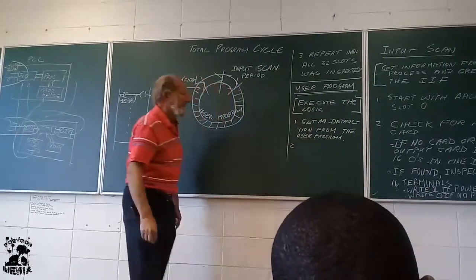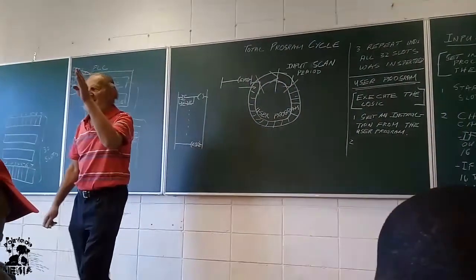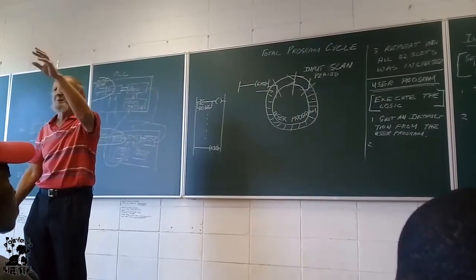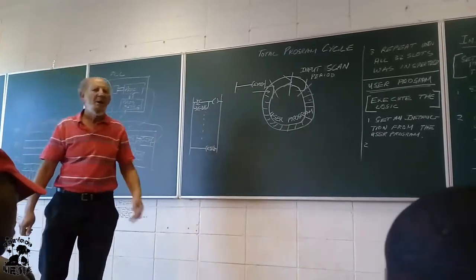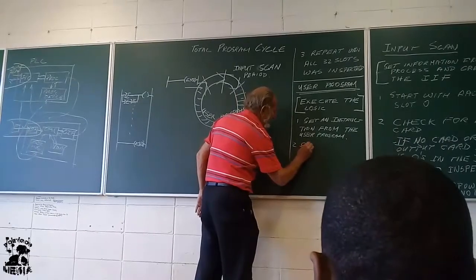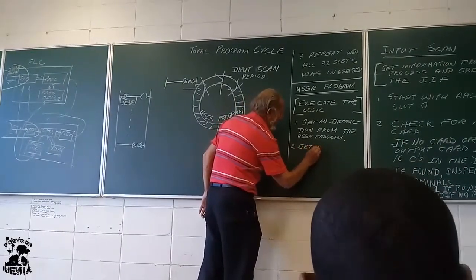Two, it gets the instruction. It says, oh, this is a normally open or this is a normally closed, and this is the address. So then it gets the data